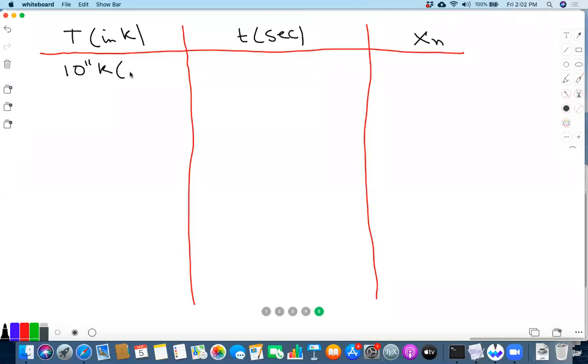I'll not write all the MeV results, but let me just remind you that this is about 8.6 MeV. So we had started t to be 0 here. Maybe it's like 0.01, but let's set it equal to 0 anyway.